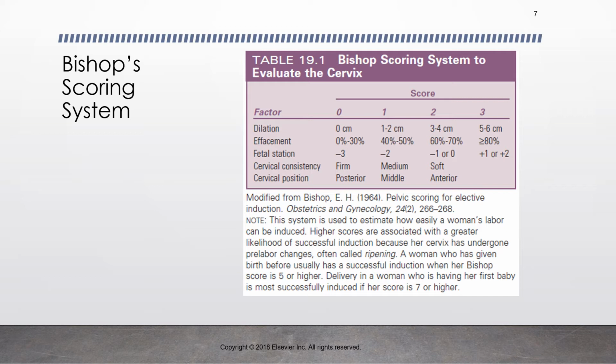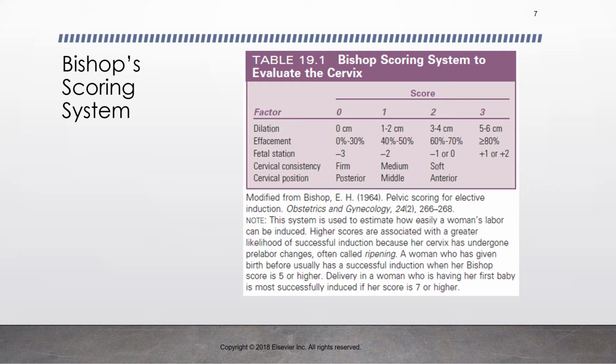And then you see as they advance, they get higher scores. Cervical consistency: is it firm, is it thick, or is it soft? And then the cervical position. Typically, the opening of the cervix goes most posterior early in pregnancy, and then as it gets later, it will move around to the anterior. So if you were to examine the cervix in a 32-week pregnancy, which you probably would not be doing, you would have to reach way back toward the mama's back to even find the cervix, because that's a protection mechanism to keep the pregnancy in. And then, of course,